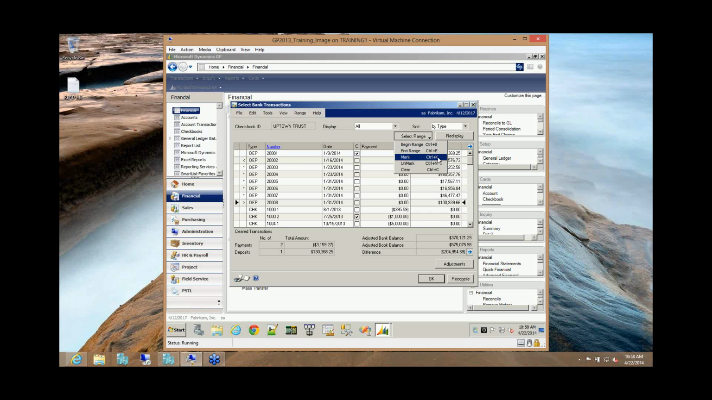Then you would come down and say mark, and it goes through and marks all of the items within that range in one shot. If you need to mass undo or mass uncheck, this is the cleared checkbox. You could do it the opposite direction. You could say select begin range, end range,